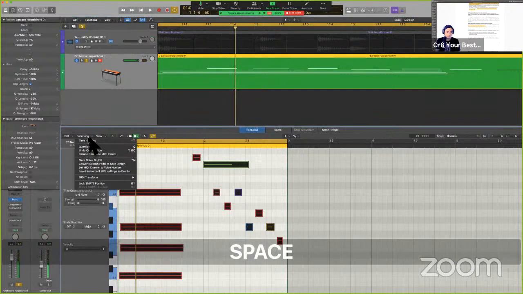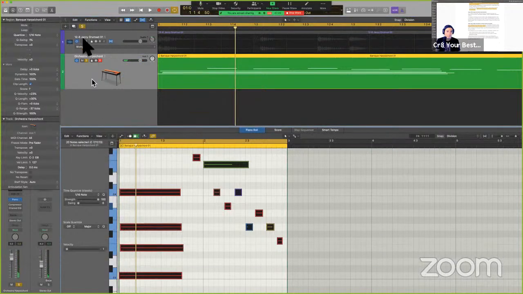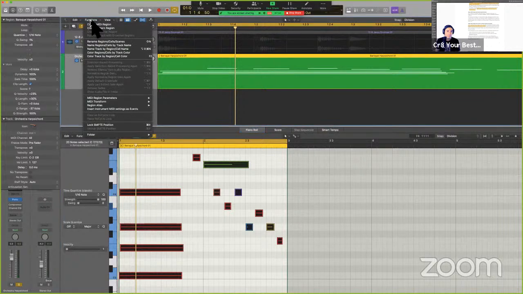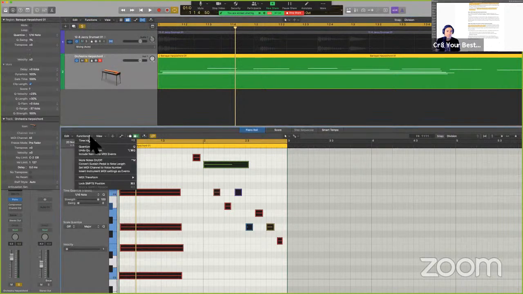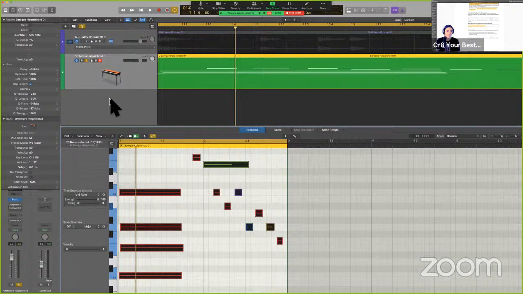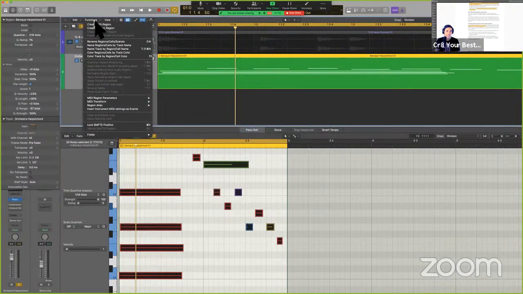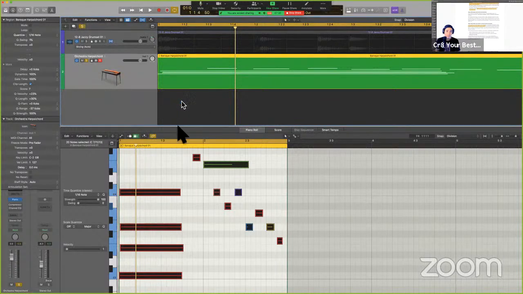Okay, hold on, functions. It's just up here. Is this the same? Curious. No. Looks like a condensed version. So MIDI region parameters, apply all parameters permanently. Looks like,